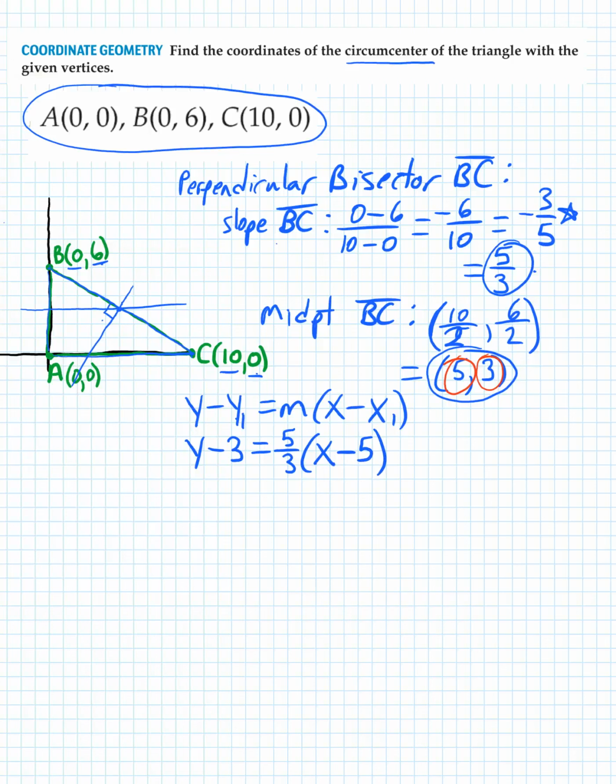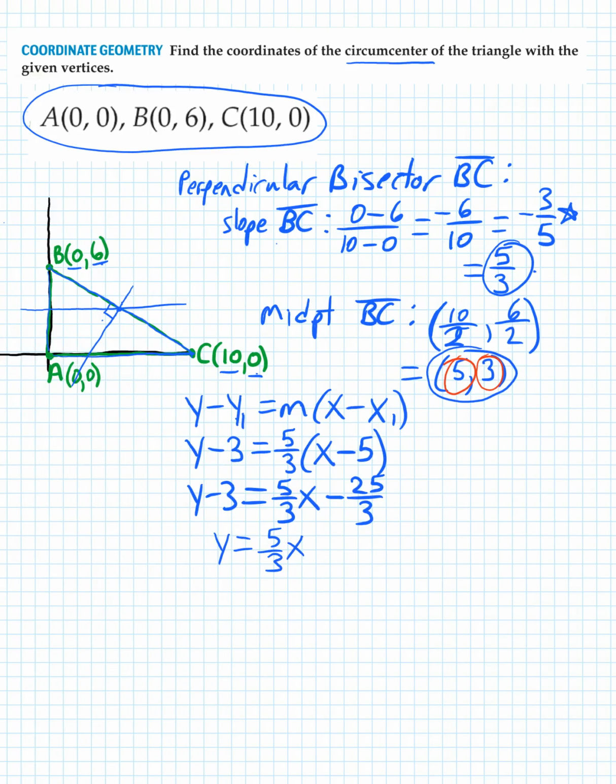And you're going to have some fractions to deal with, but we can whip out a calculator and use that. Okay, so let's simplify this, distribute 5/3 to everything here. That becomes 5/3 x, and 5/3 times -5 would be -25/3. Again, you can use a calculator if you'd like. Okay, we want this in y equals mx plus b form, so we need to add this 3 to both sides here, and we get y equals